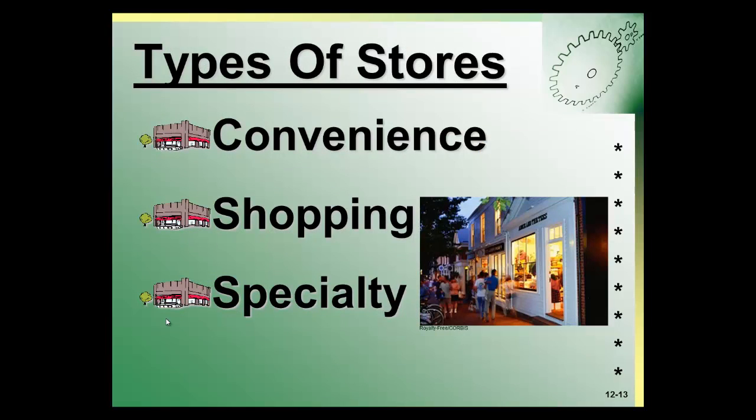So let's go back for a minute and look at stores. There are basically three types of stores. Convenience stores usually carry low-priced items that customers purchase all the time. And shopping goods stores provide higher-priced items which are bought less frequently, and customers will generally compare prices. And the third type of retail store is a specialty goods store. And these stores carry high-priced shopping goods with trade names that are recognized for the exclusive nature of their clientele. By the very nature of the specialty goods stores, they often generate their own traffic, but customer flow can be helped by similar stores in the vicinity.